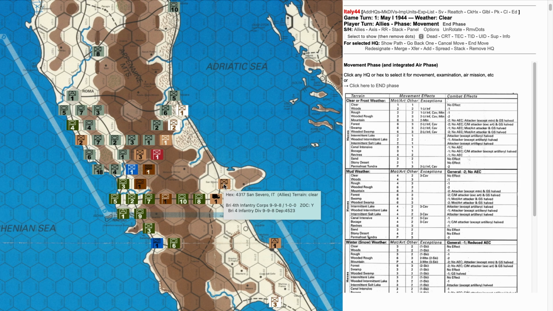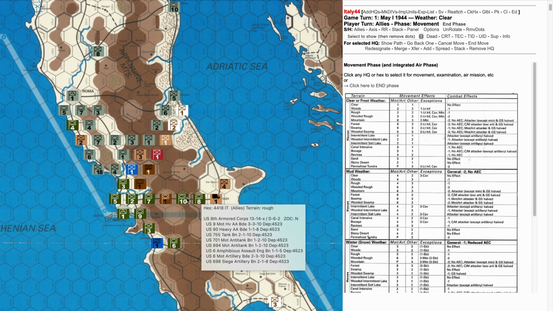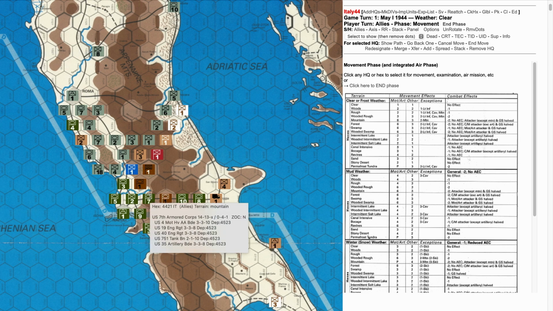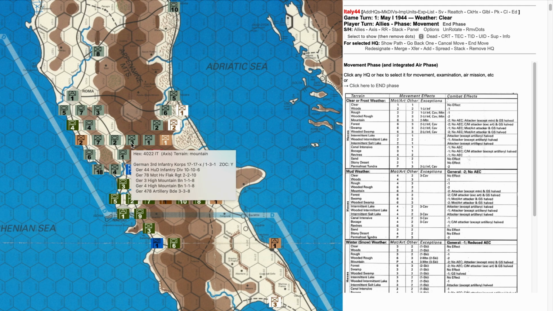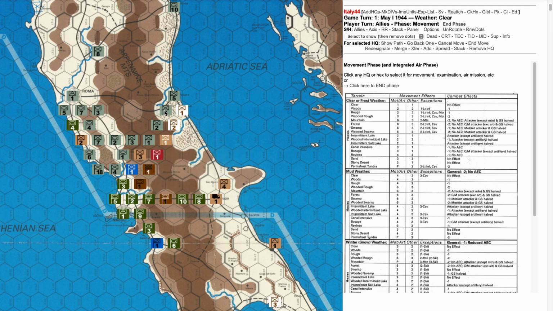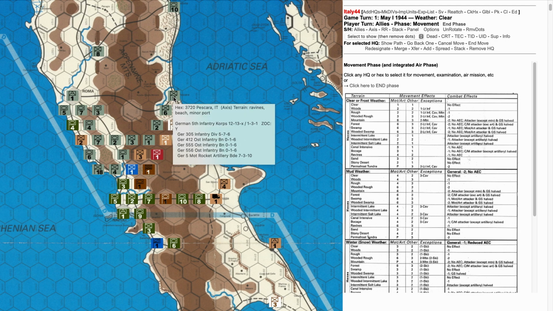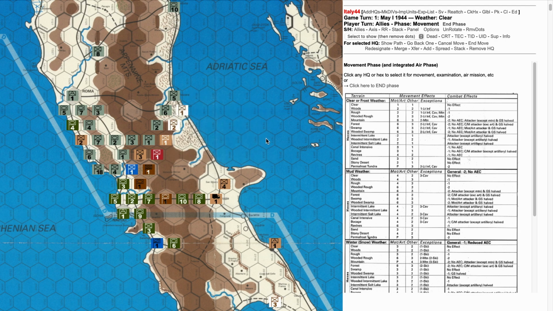That is, information specific to the hex itself and information specific to the units in that hex. So if we run along here, you can get an idea that we can quickly see all these things. We can also see information for the enemy, unless we have limited intelligence switched on, which obviously we don't at this point. When we look at that, that's pretty good for when you're just moving along and you want to check something quickly. You can see it, it makes sense, but there is, of course, a lot more going on with each one